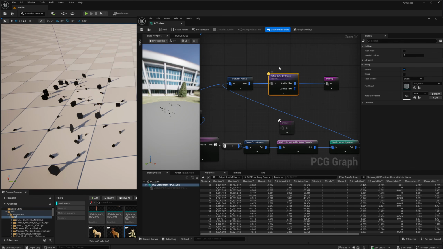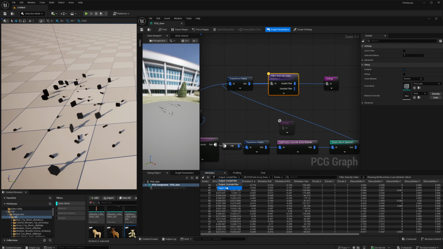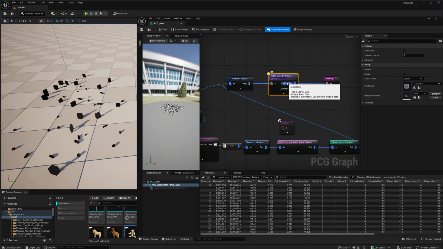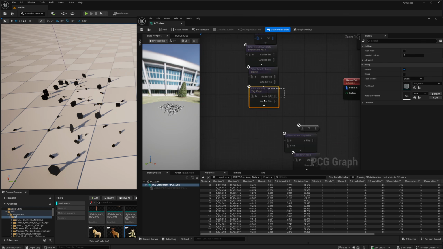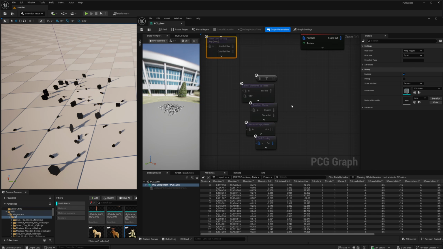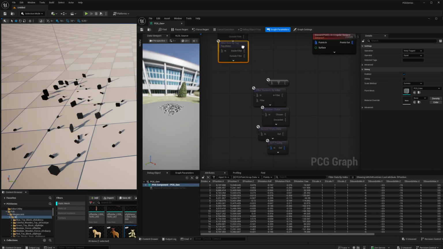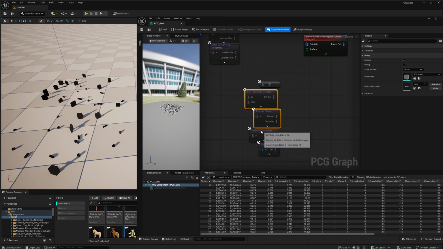So filtering data by index is filtering by the dataset index right here. So we are having two datasets coming in here into the input, these two datasets, and we are filtering by the index of these datasets. The same is with the tag. So the tag of the dataset will be checked. So let's continue with the next nodes we have in the filtering, because this is the same, but instead of index it's using the tag. So the next node,